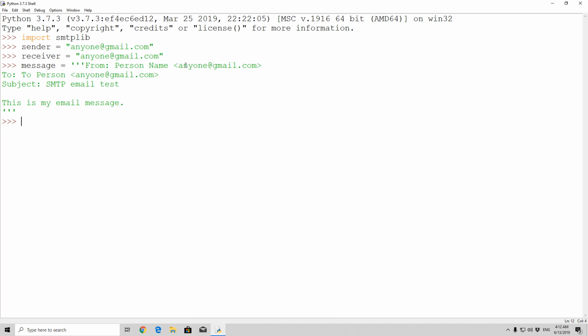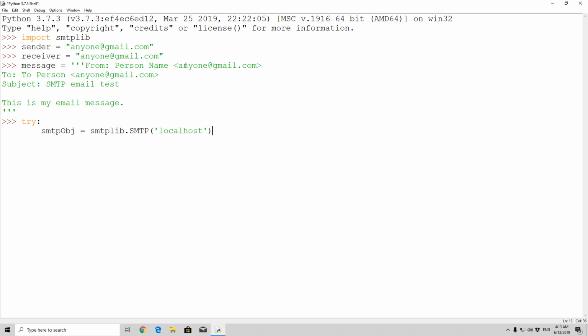Okay, so we defined 3 different variables. One of them stores the sender email, the second one stores the receiver email, and the third one is the message that we are about to send. All we are left to do right now is create the SMTP object and then send the email using the sendMail function. So let us try to do that using the try and except rule. Press here try. Let us create the SMTP object first. So SMTP object equals SMTPlib.smtp. In between the brackets, we'll specify localhost as our actual sender,